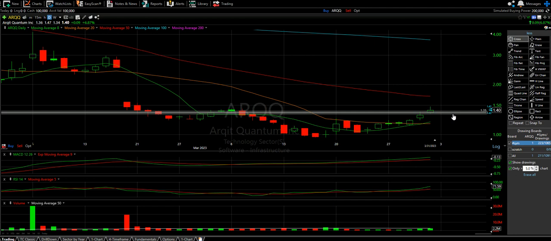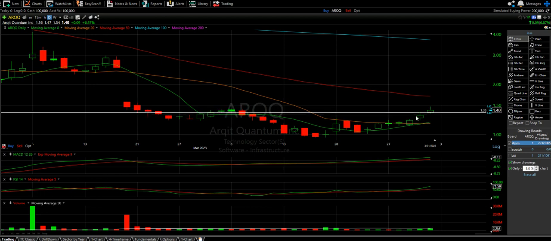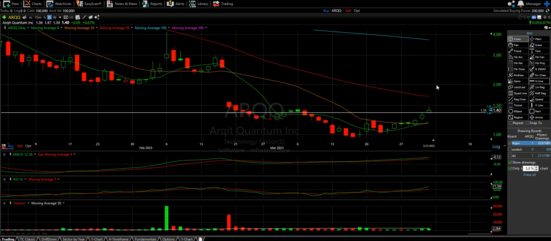So we have broken it. We have a nice little golden cross right there. We're actually over the 8 and the 20 as well. There's a lot of reason to believe we're coming here at 170. You know what I mean? Like there is very little resistance. And then break 170, and man, you're going to start working your way